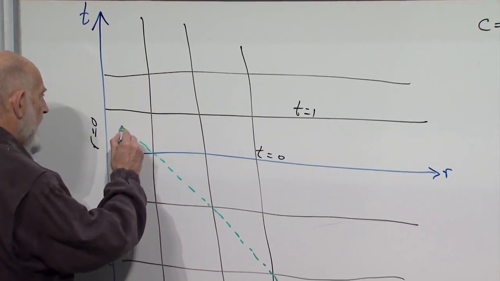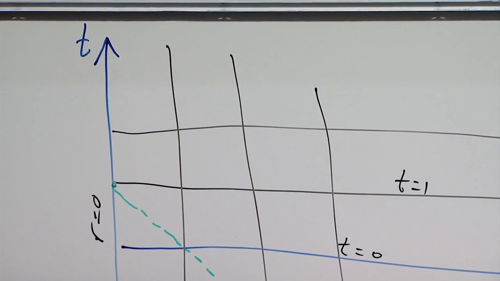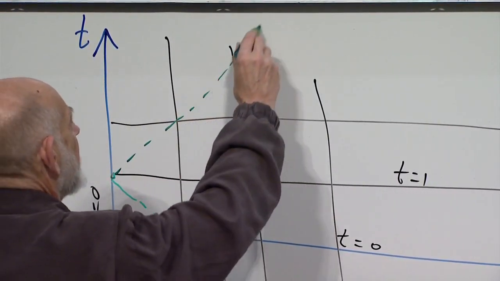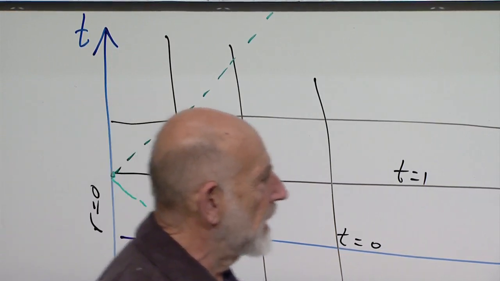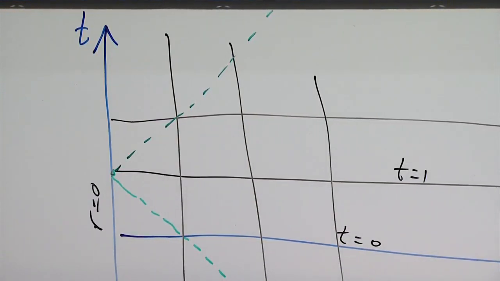Moving at a 45-degree angle, it will get to the origin at some time, and when it gets to the origin, it will simply start back out. It hasn't really reflected off anything, of course. It has just gone through the origin, came in, and went back out. So a light ray